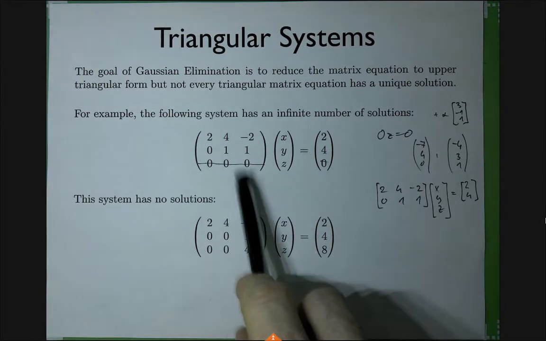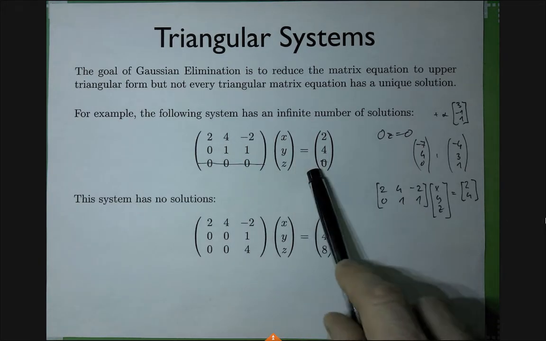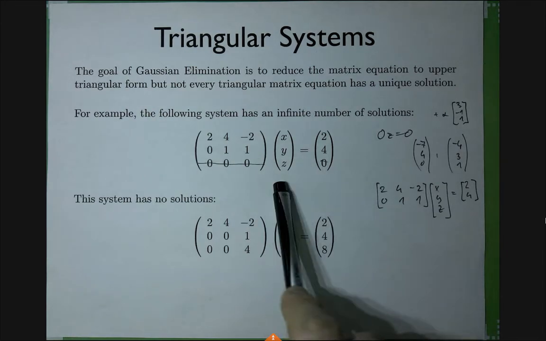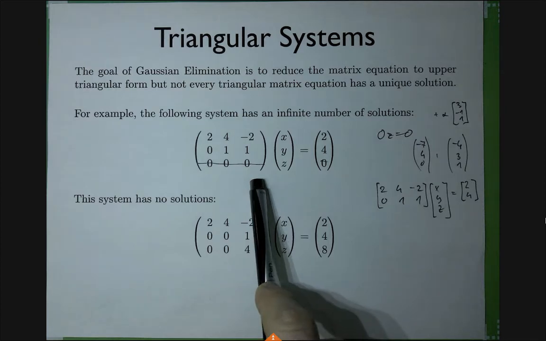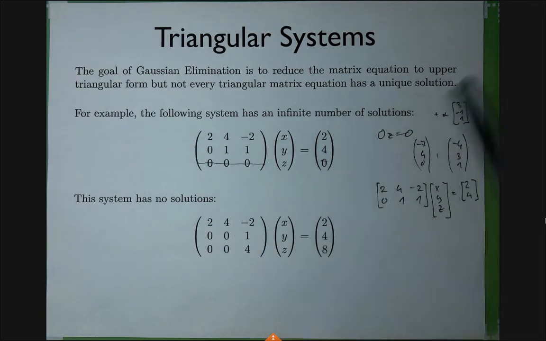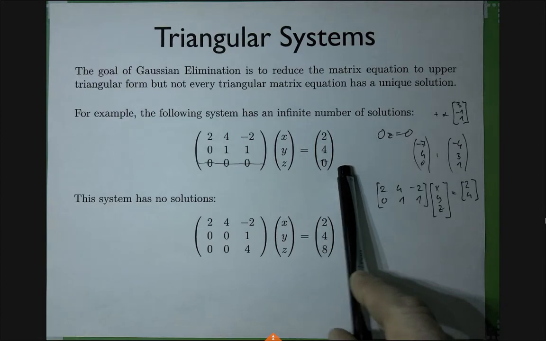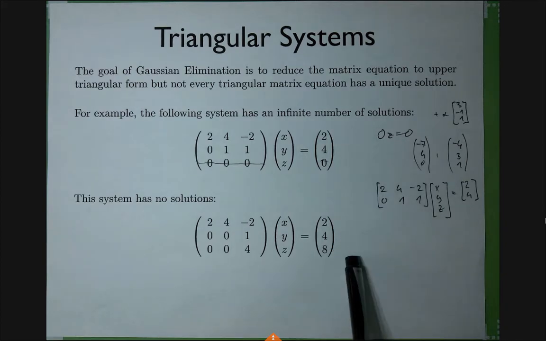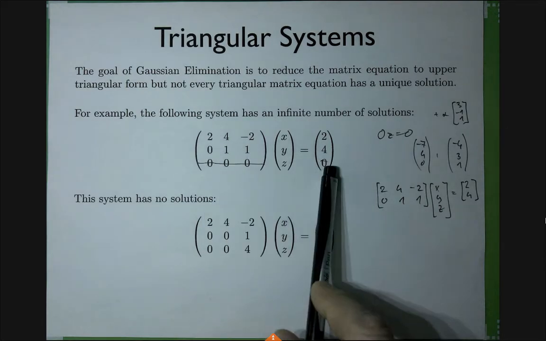Let's concentrate on the simple square case for now. But my point here basically was that not every triangular system will have a unique solution. So in this case, we have an infinite number of solutions. That's an example. The problem is that it depends on the right-hand side. There's actually an interplay between the left-hand side and right-hand side.